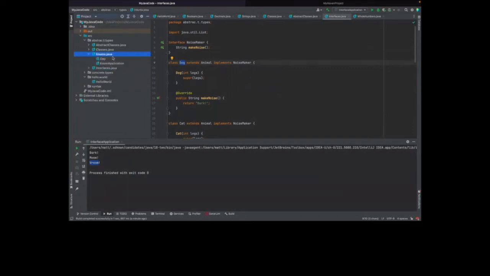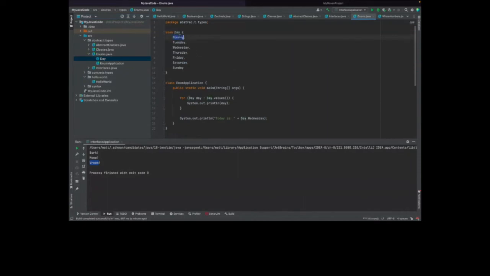Finally, we have enums, or enumerations as the full word would be, but in here we just use the keyword enum to define an enumeration, which is essentially a thing that contains some constant values. So here I have an enum called day, and it's got a bunch of values in it called Monday, Tuesday, Wednesday, Thursday, Friday, Saturday, Sunday, because those are the days of the week.